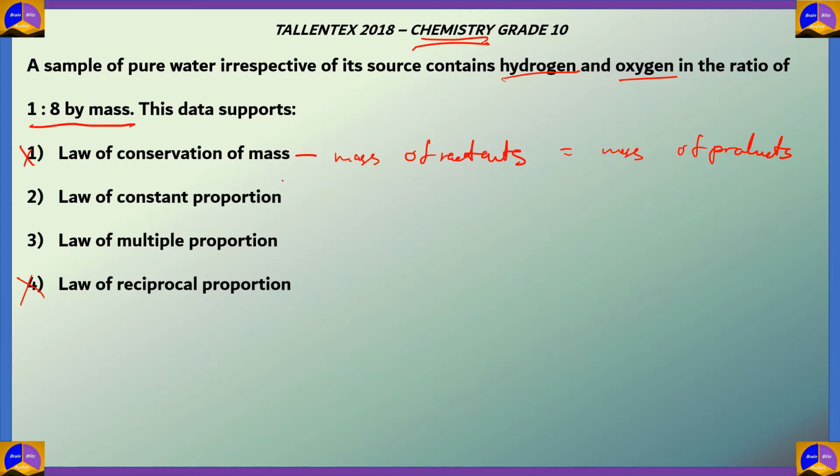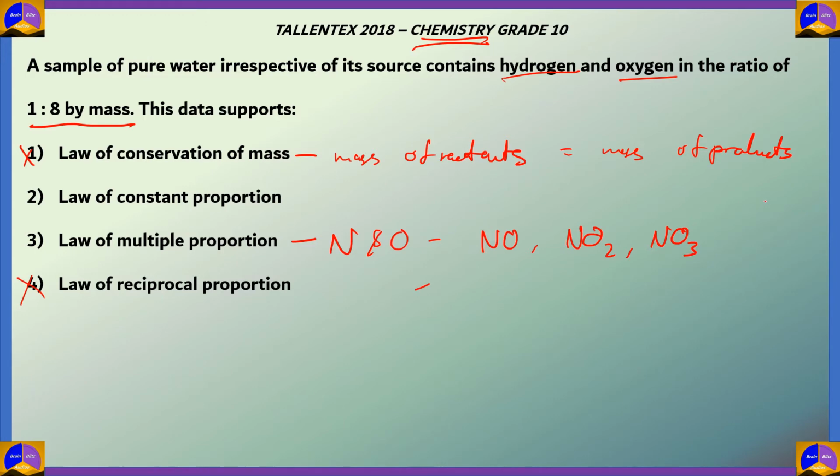Now what about option 3, the law of multiple proportion? Now in the law of multiple proportion, two elements, A and B, mix together and form compounds with different ratios of molecules in such a way that one of the elements will have a stable number and the other element will have a varying composition. Like for example, you have nitrogen and oxygen. From there you get NO, NO2, and NO3,